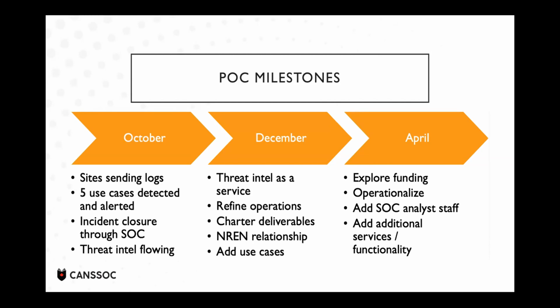We're going to be looking through that time to start refining the operations and certainly delivering the actual charter deliverables as part of this. In terms of the proof of concept, we're looking at really producing the recommendations from it. But to do that, we have to start standing up operations. We'll also start to, in addition to the sites, start looking at the relationships with the NRENs and see how we can look at what they're doing, how this fits in. And Bo and I will talk about that in just a moment a little bit more.